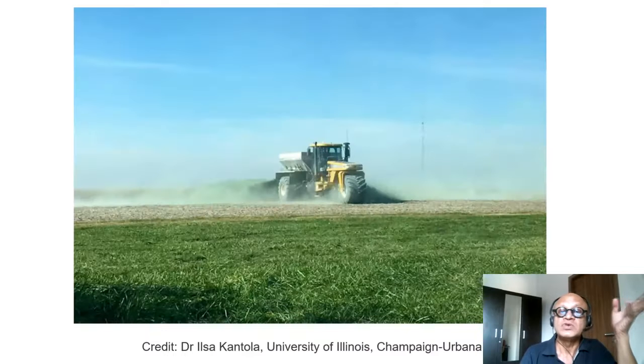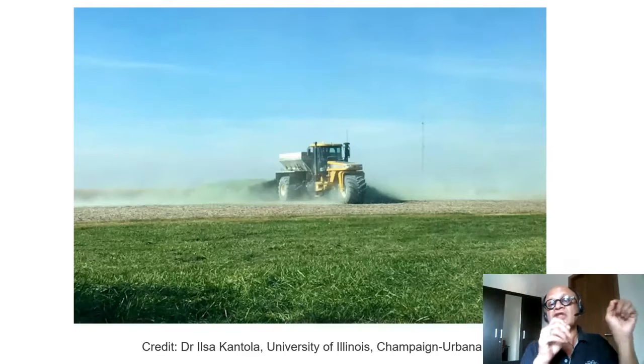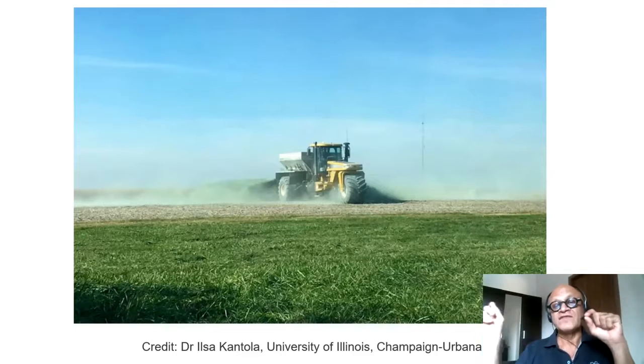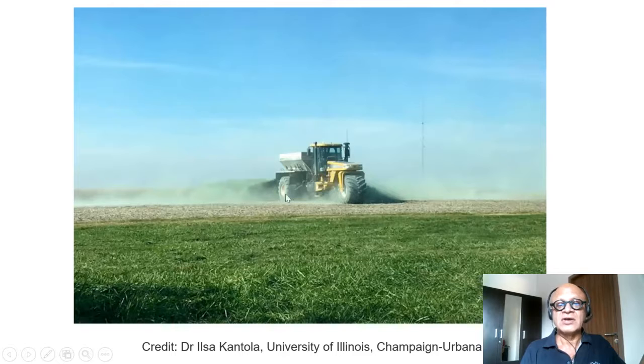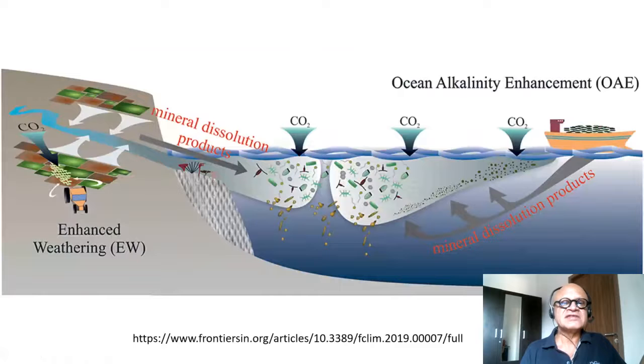But if you just do the calculations of, let's say, 1 ton of olivine is required to draw down 1 ton of CO2, then you would need billions of tons of rock to be sprayed. How to ground it up, how to transport it, how to spray it, is it really using less energy than the CO2 it would actually draw down? Or will it mostly go into compensating carbon emissions by all these processes? So here is a truck spraying the ground up rock, for example. Theoretically, yes, this is fantastic idea.